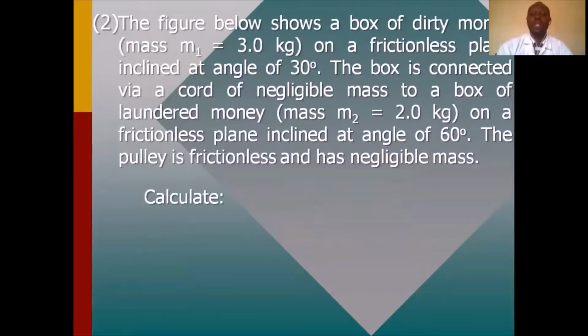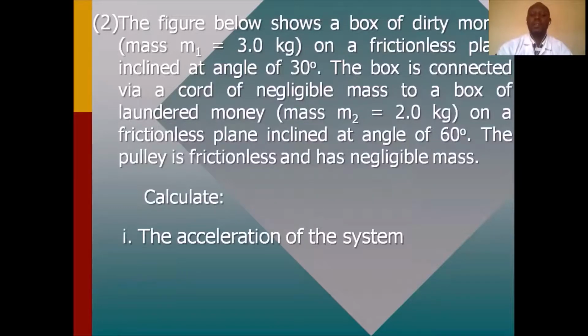Then calculate the acceleration of the system and calculate the tension in the cord. So to solve this,